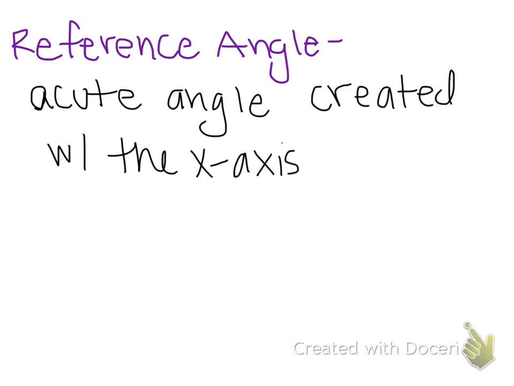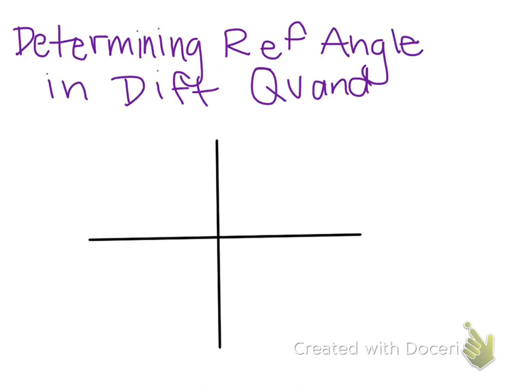So I'm going to show you two ways to do this. Either you can memorize the formula or you can just kind of think based on the placement of the angle. So obviously if you're in quadrant 1, there is no reference angle because acute means the angle has to be less than 90 degrees. If my angle falls in quadrant 2,